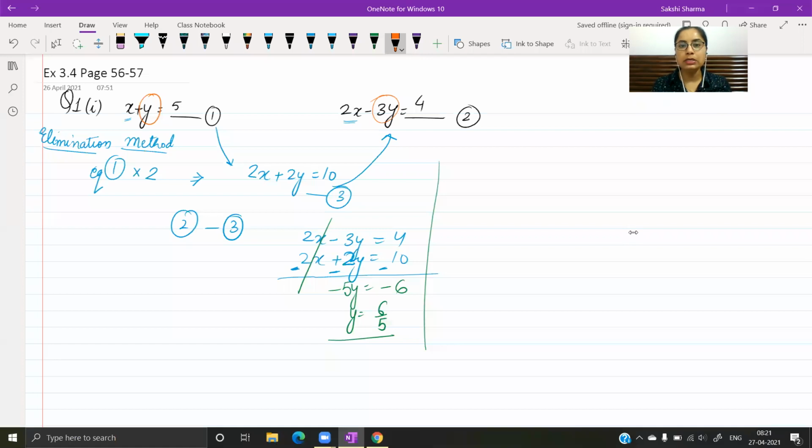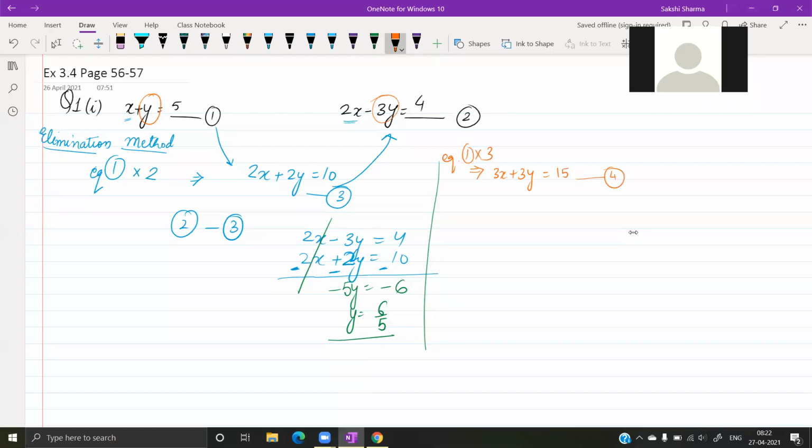But at the moment, जो second equation है उसमें 3y है. अब first equation को 3 से multiply कर दो. So if I do that, equation number 1 multiplied by 3, what do I get? 3x plus 3y equals to 15. This is a new equation that I have. From this one, if I add equation number 2 with it,